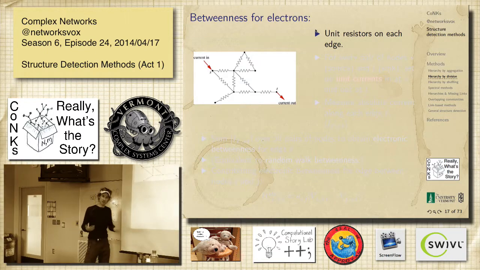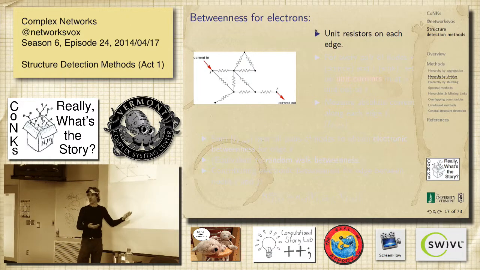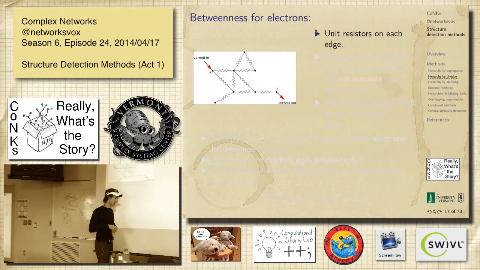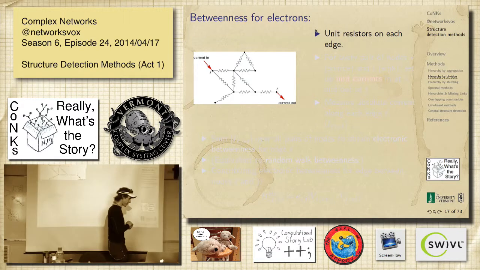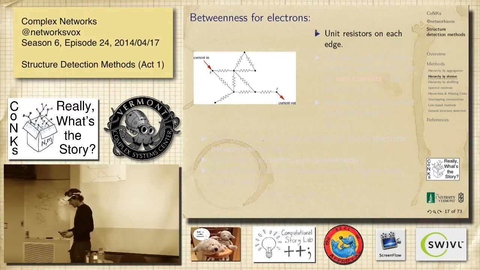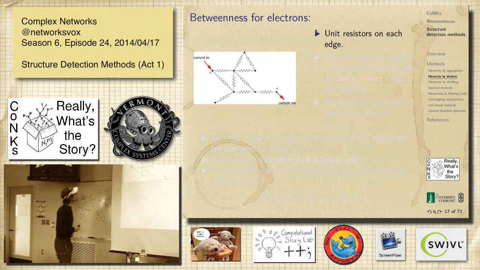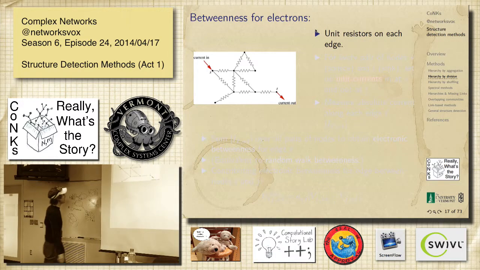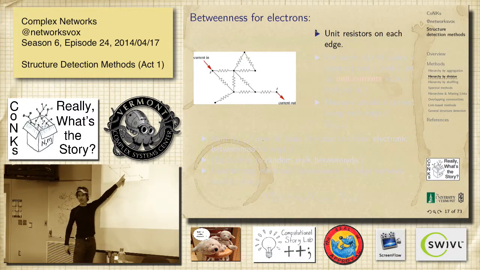But you could imagine, well, what about some other kinds of paths? What if we relax it, right? So the worst thing would be just random walking, and we'll get to that in a funny kind of way. But here's something which we have all the apparatus sitting around for: electrical circuits, right? So we know all about these things. And so the idea is, all right, well, let's just replace every link with a unit resistor.